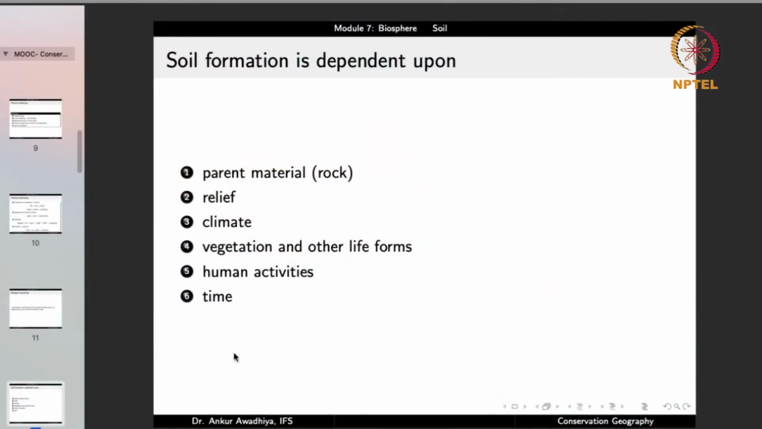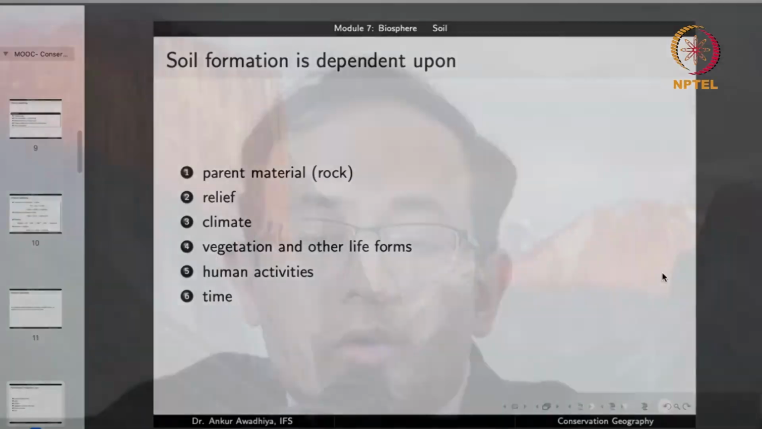And time plays a very important role, because the activity of various agents of weathering, whether it is physical, chemical or biological, takes time. A rock will not break down into fragments in a day. It will take many days or perhaps many months or even many years for the rock to break apart into